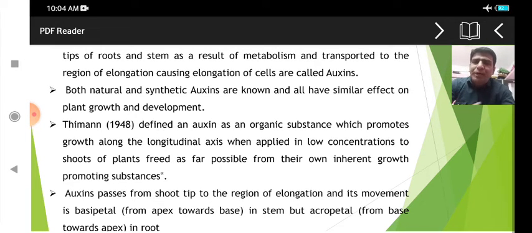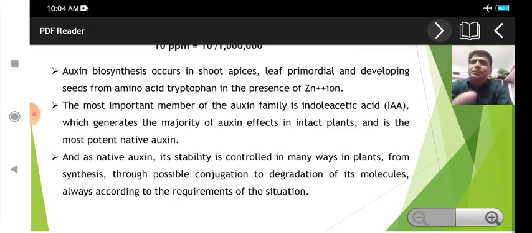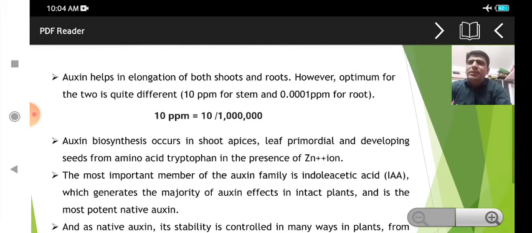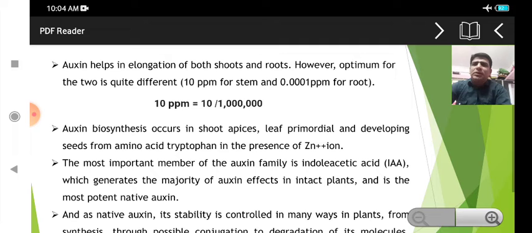Succession or the movement that you can call. See, now the concentration has been represented in case of